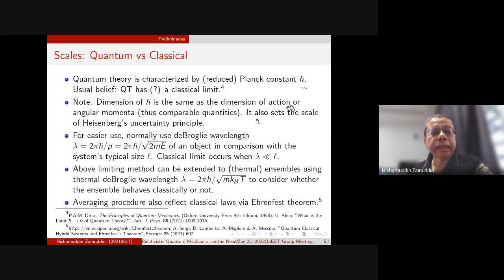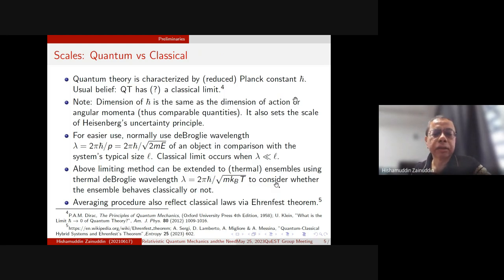The other thing is that it also sets the scale for the Heisenberg uncertainty principle. You probably remember that your delta x delta p should be greater than h bar. So in other words, one popular notion is to think that one cannot have a precise trajectory in that sense, where your trajectory gets blurred in a way. But the usual way we think of whether it's quantum or non-quantum, and by non-quantum I mean classical here,